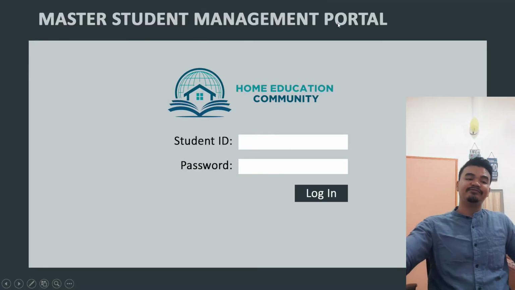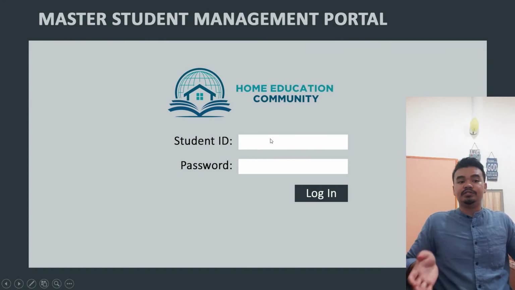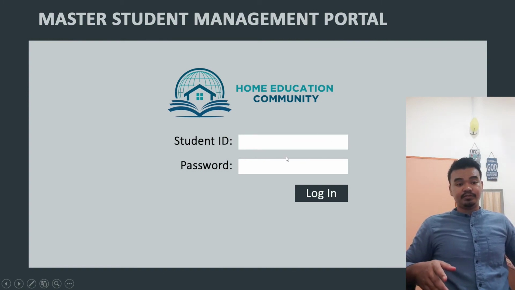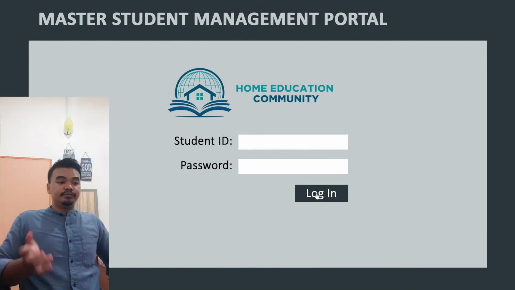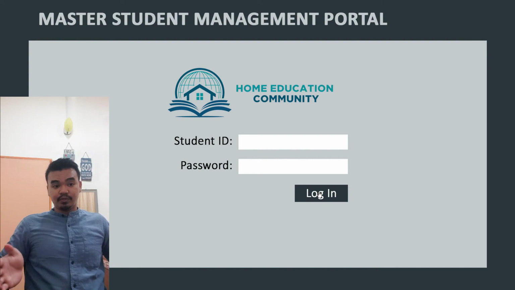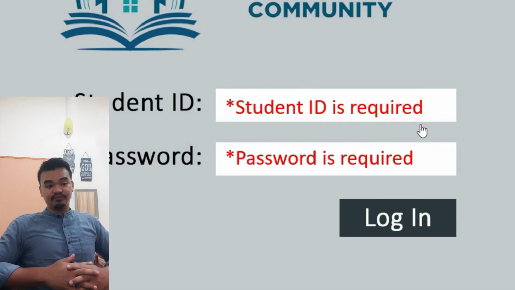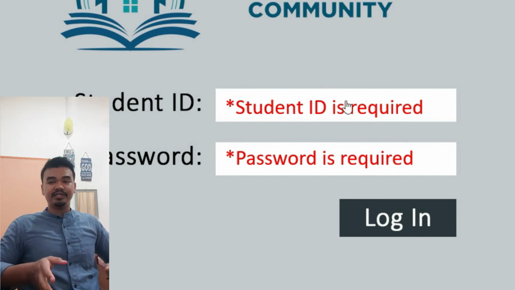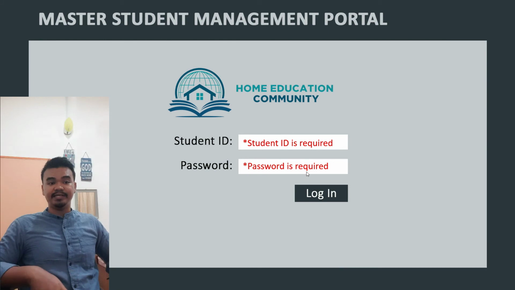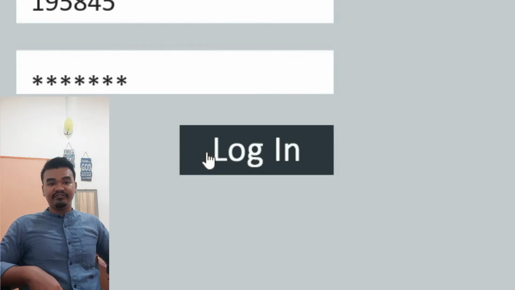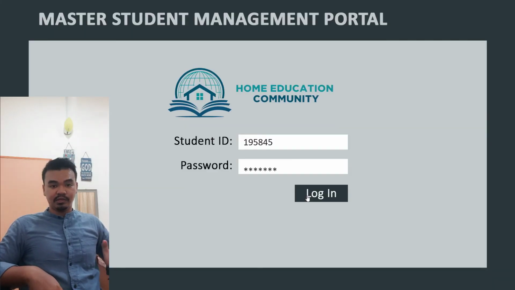So basically, the first diagram shows the system login page. There is student ID and student password. They also provide a login button. If there is no password or no ID, a red mark will appear in the ID form and password form. So it will notify the user, or it will trigger them to put in the ID and password. So therefore they can log in to their profile.